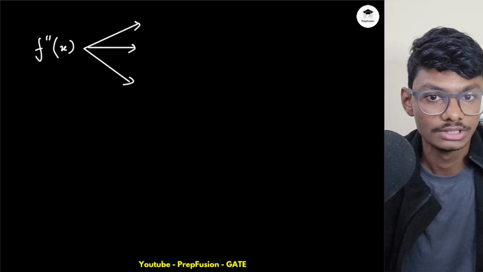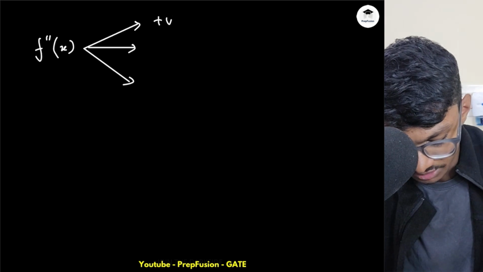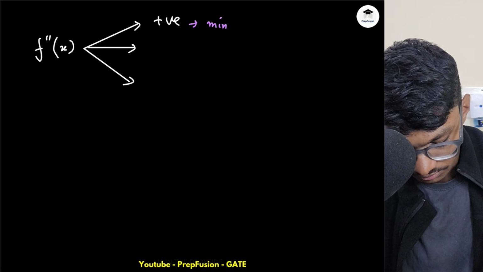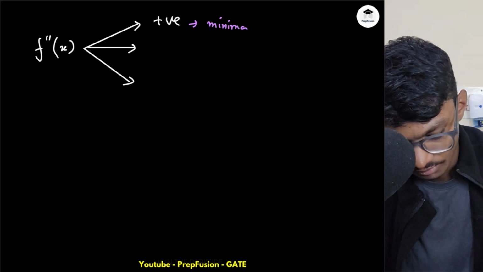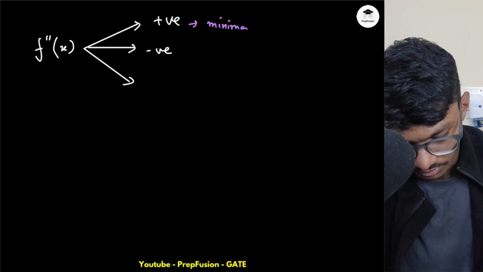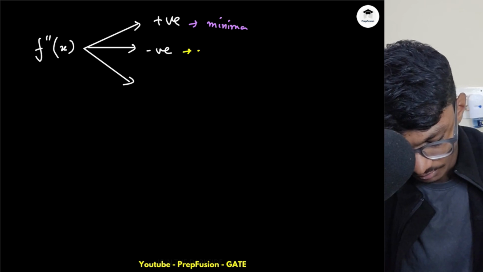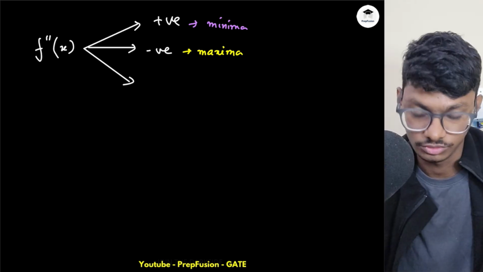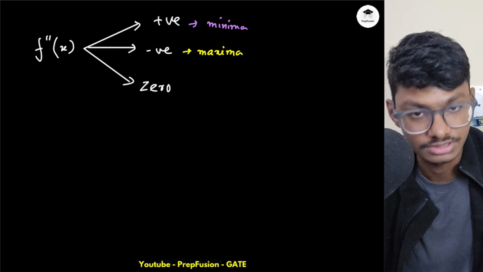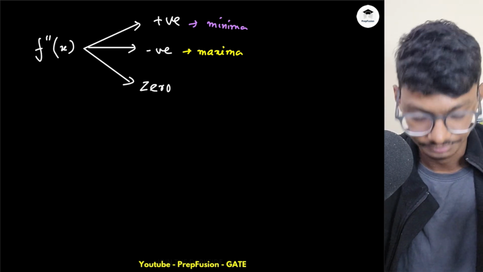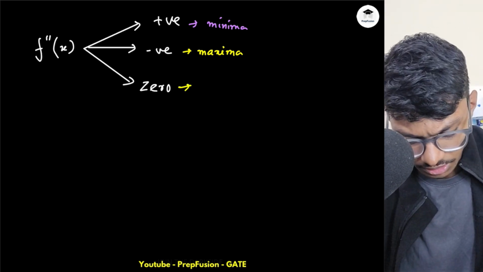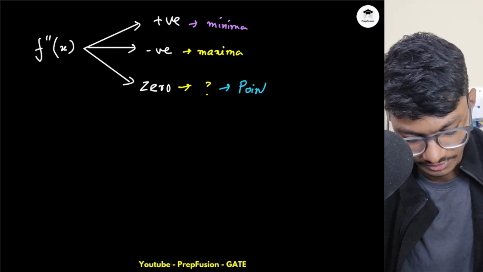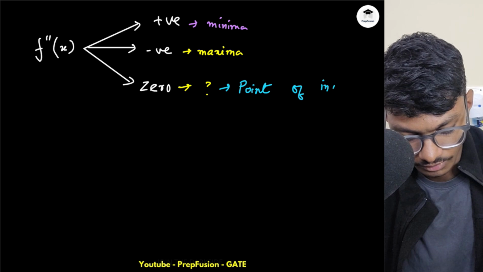What are those 3 cases? One is if it is positive. If it is positive, that means I will get a minima. If it is negative, that means I will get a maxima. Of course. Now, the third case, if it is equal to 0, what do I get? If it is equal to 0, I don't know. You will say that I will get an inflection point, right? Point of inflection. I will say